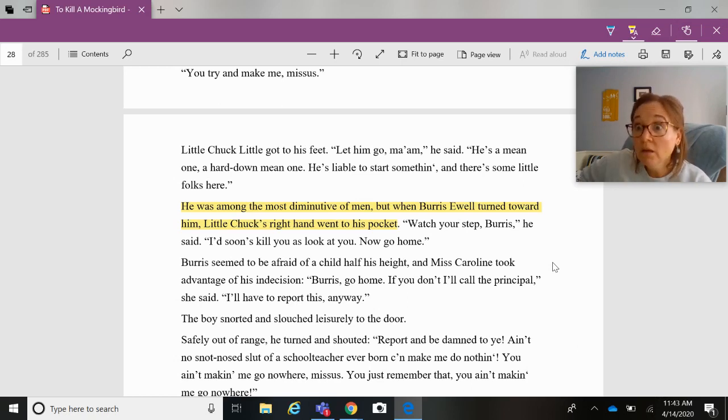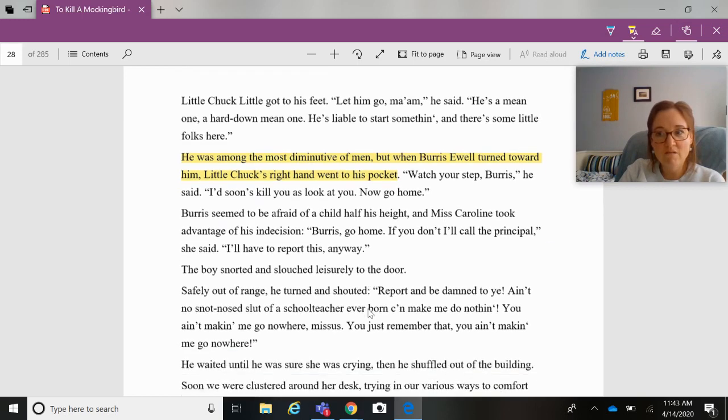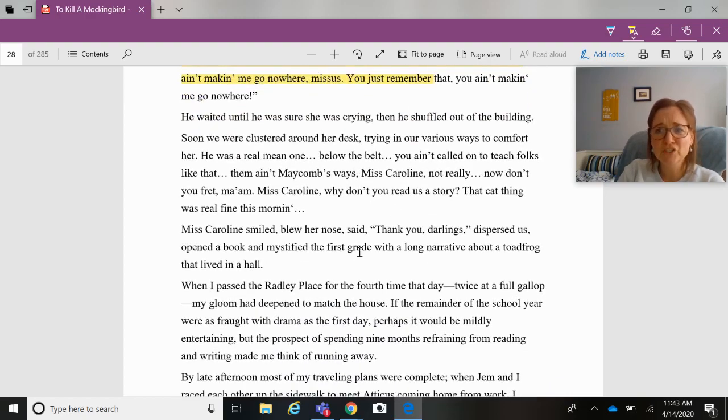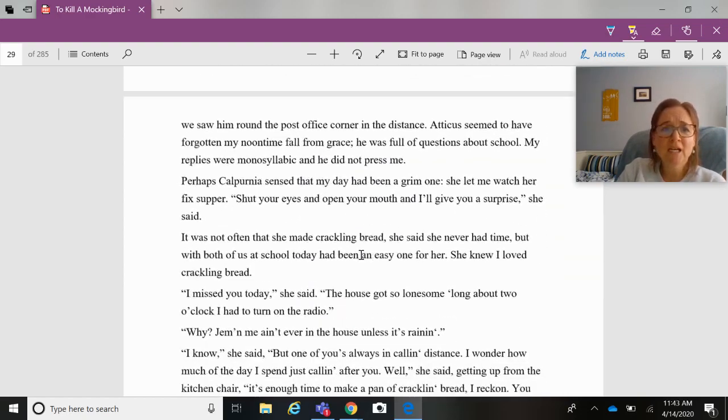Now go home. This kid's like 6 or 7, and clearly, what does he have in his pocket? Like a pocket knife? Like he's ready to defend himself and the other kids in the class with his pocket knife. And, again, different time, different place, different ways of growing up. But it's just worthy of note that this guy's ready to defend who he needs to defend with whatever is in his pocket. But he leaves full with all kinds of terrible things to say to the teacher, makes sure she's crying. And,